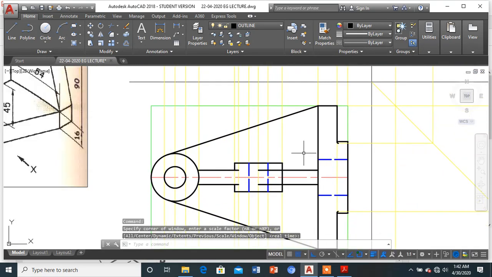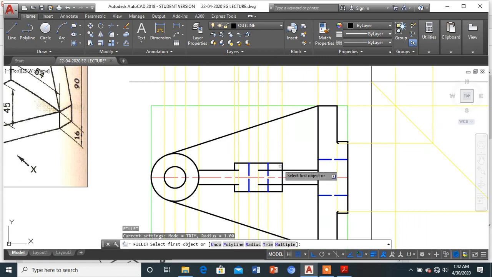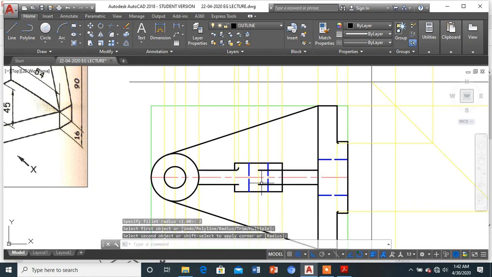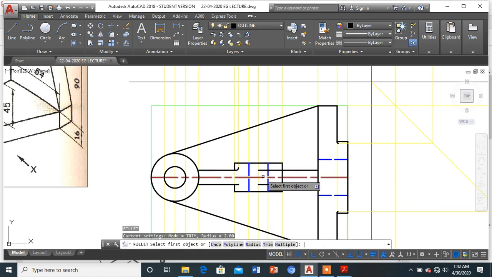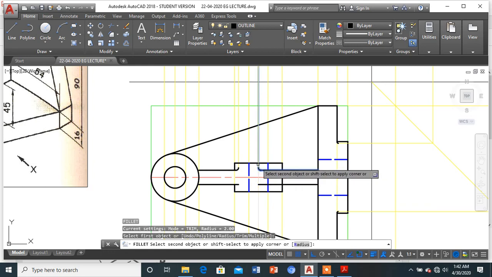Okay, so now what do I do? I'll be simply making these as the fillets over here, like this.